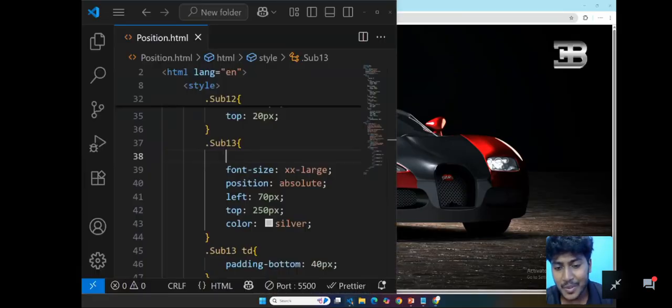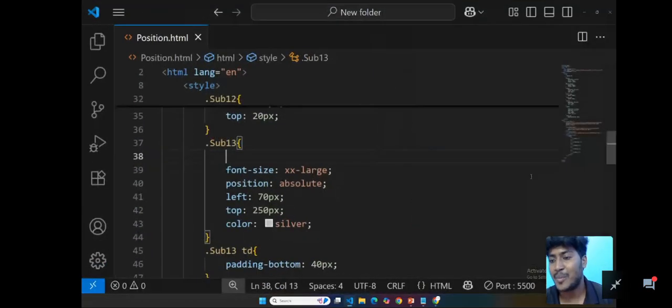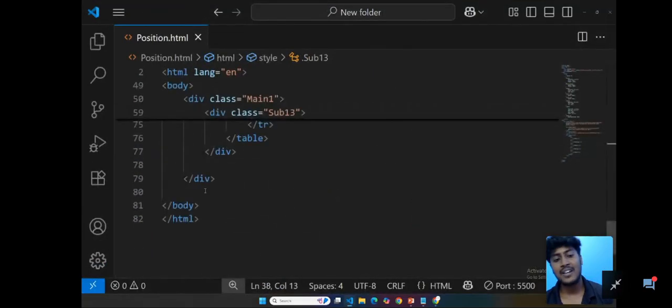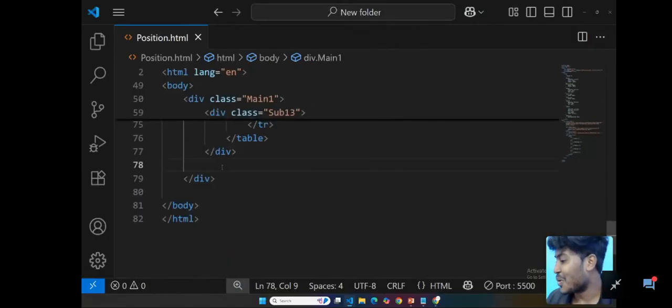Now listen to me. I'm going to add another subdivision, subdivision 1 4. Okay, thank you so much for the comments, guys. So you need to go through table tags. You need to go through viewport. So table tags and viewport are very much important. And now what I'm going to do is